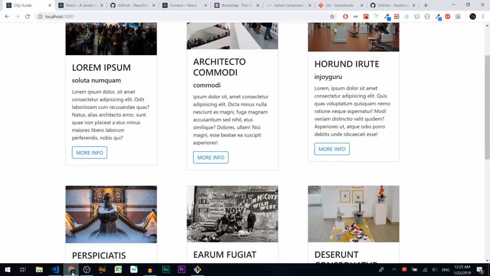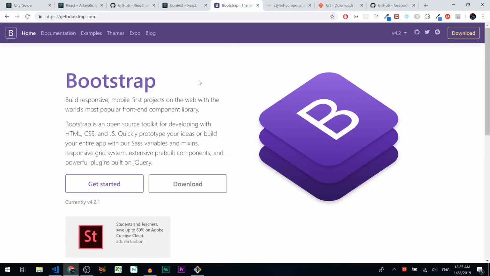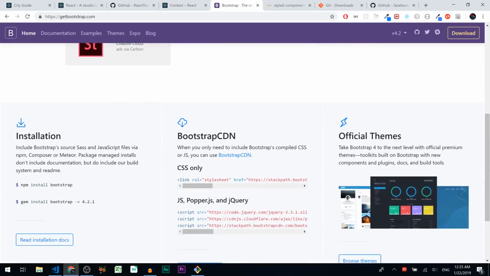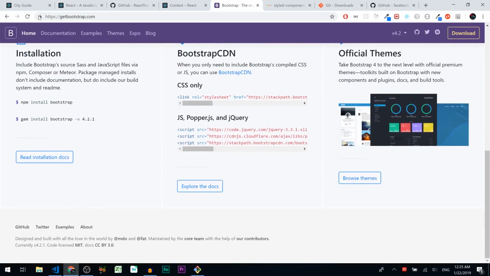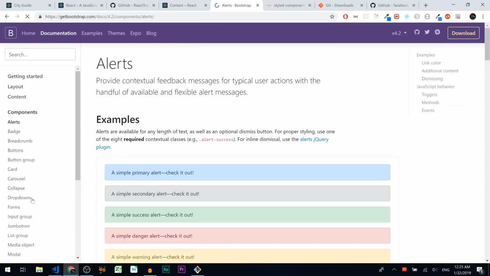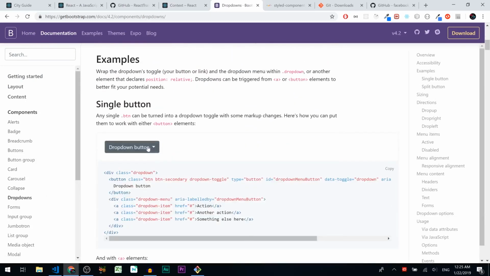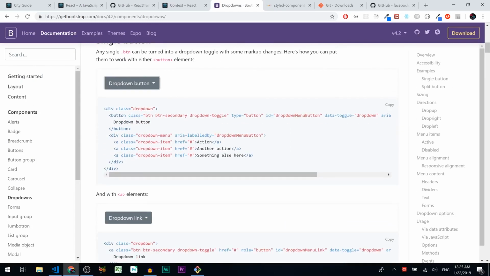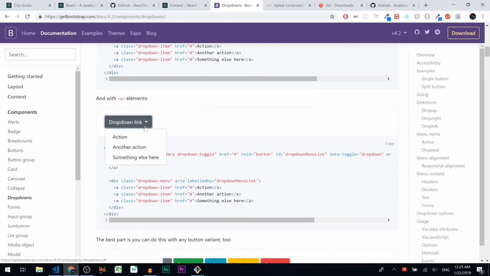Before we start, let me show you what we will use for CSS to style our app. The Twitter developers created a very useful tool called Bootstrap to create responsive web applications. So what is Bootstrap? Bootstrap is a free and open source front-end framework for developing websites and web applications. It contains HTML and CSS-based design templates for typography, forms, buttons, navigation and other interface components, as well as optional JavaScript extensions. Unlike many earlier web frameworks, it concerns itself with front-end development only.